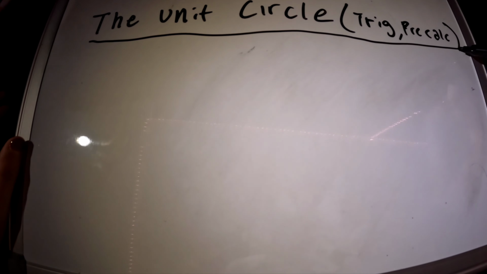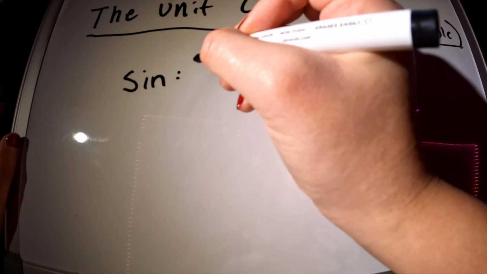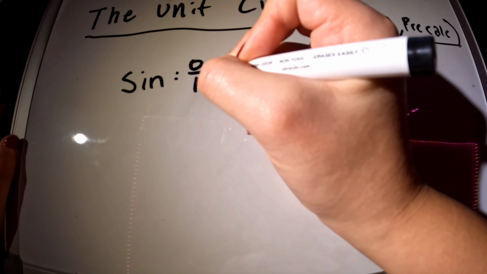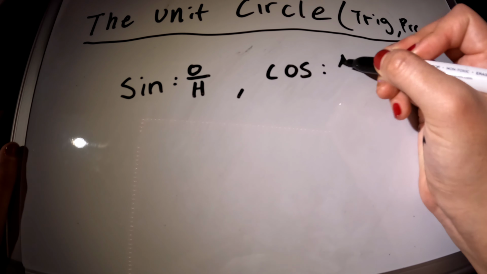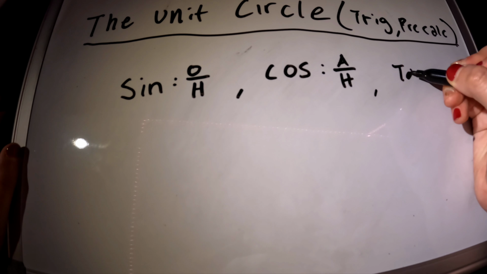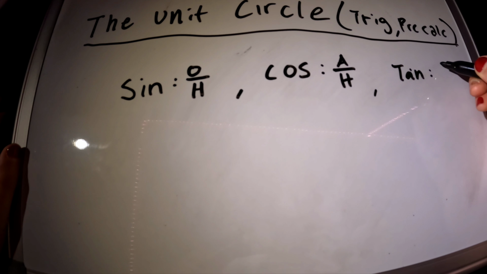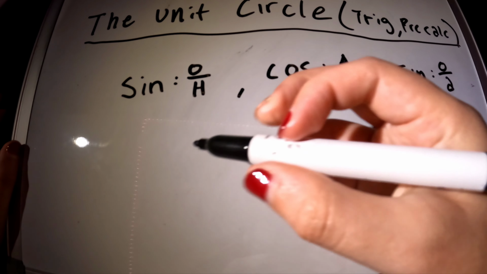So just as a quick recap, sine is opposite over hypotenuse, cosine is adjacent side over hypotenuse, and tangent is opposite over adjacent. And so what this means is that when you have a triangle,